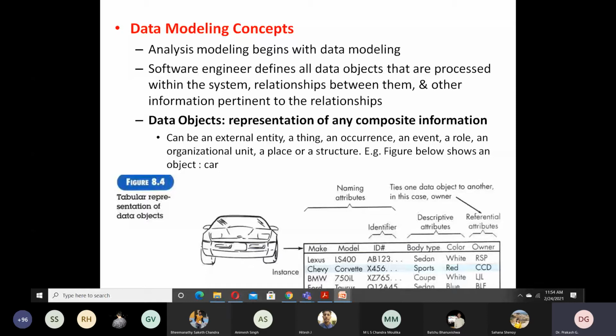So it is not only that an object can be an external entity alone. We may consider it as a thing. Now, if it is a thing, what will be the data object for the student management system again? If you are considering an external entity, you are saying it is student attendance. Fine. But for a thing, what is the external entity? Come on, quickly say, someone.